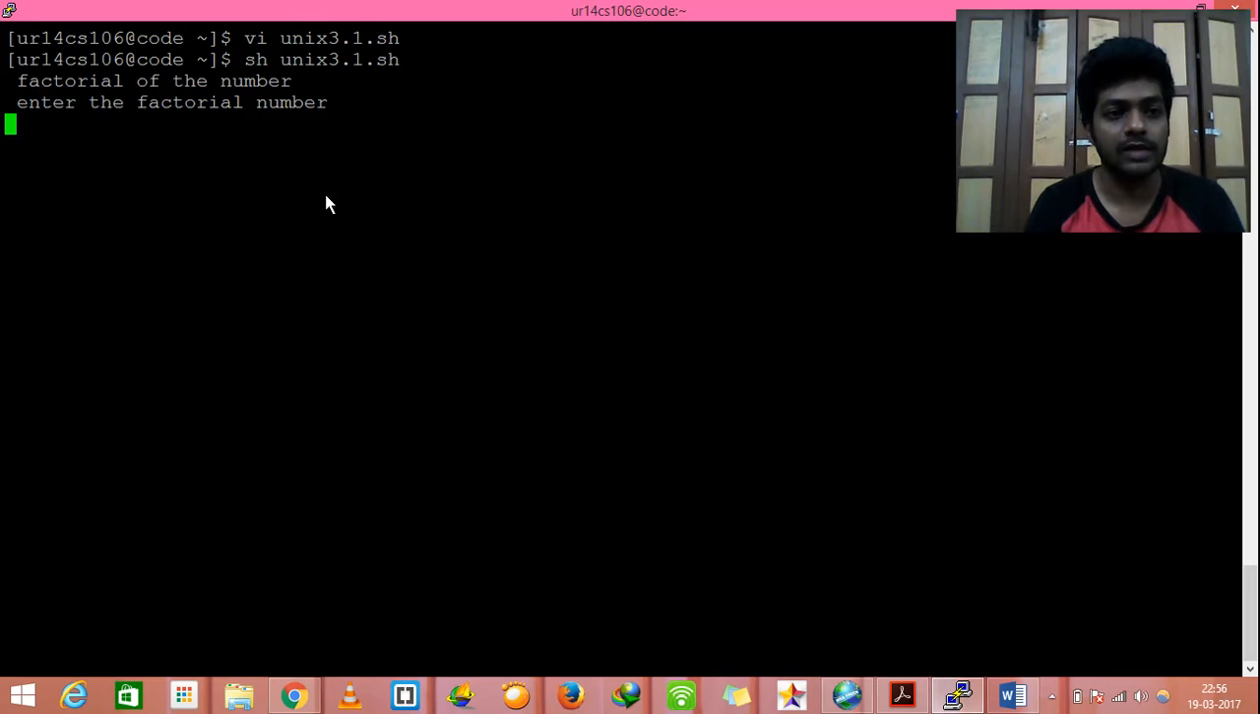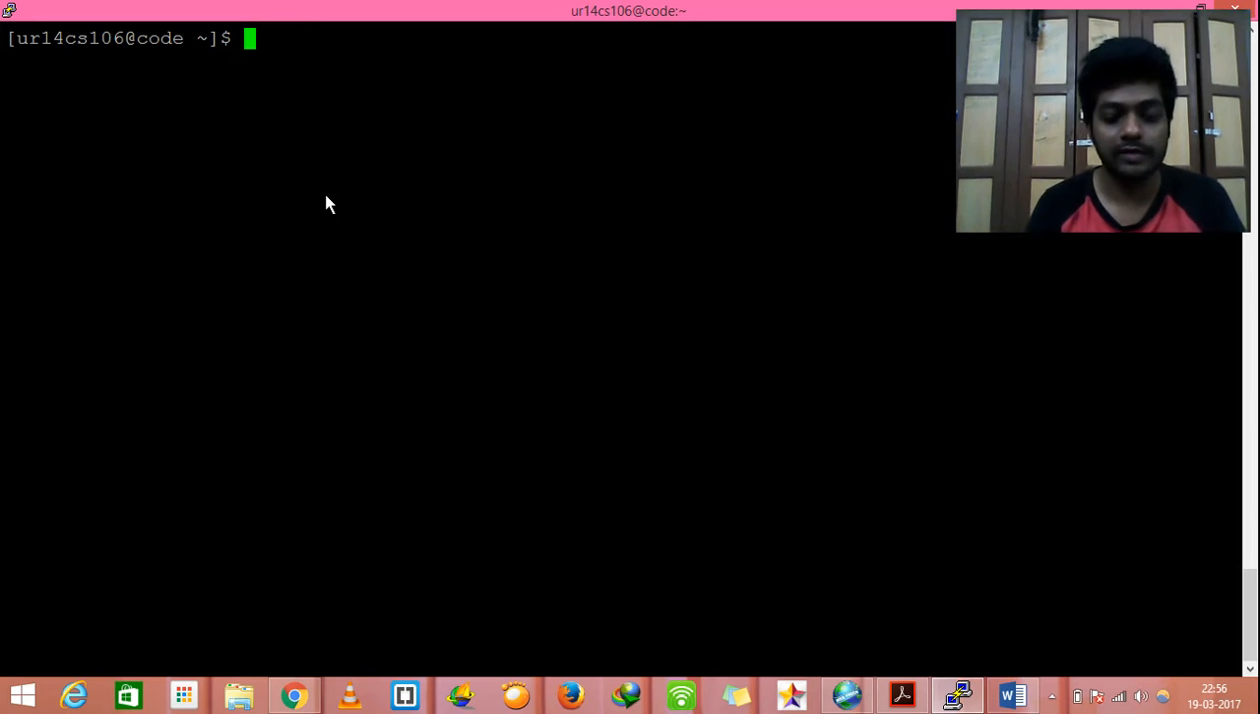Okay, here we can see, enter the factorial number. So when I give it as 5, the value should be 5 times 4 times 3 times 2 times 1, which is 120. It's done. So my next part of the program is